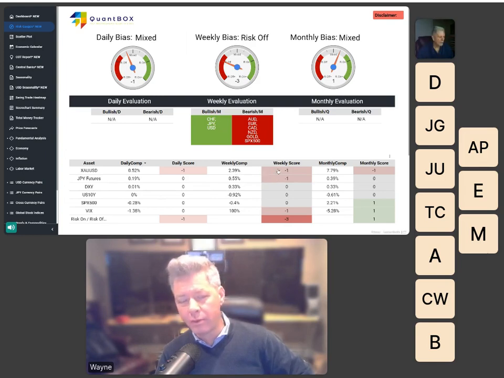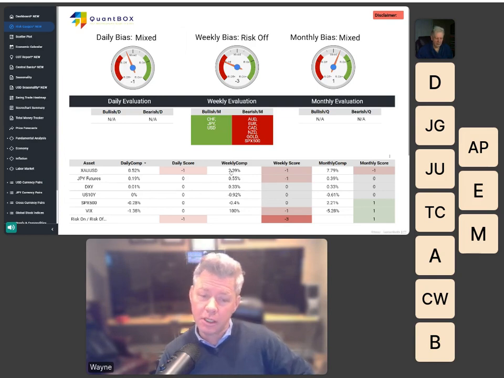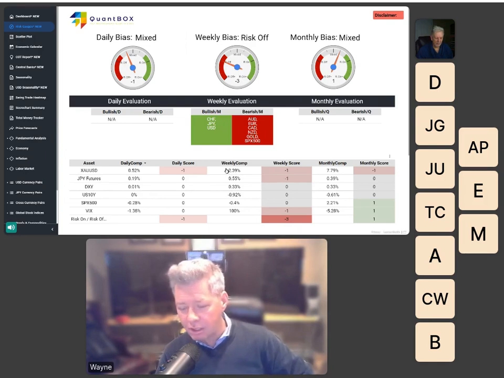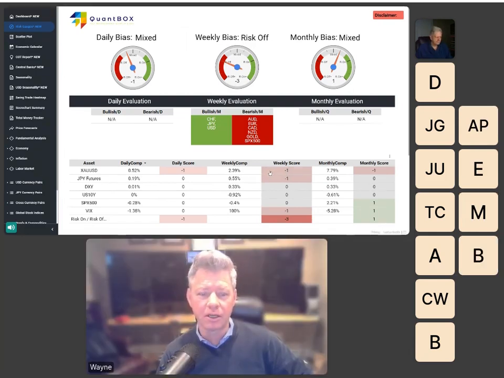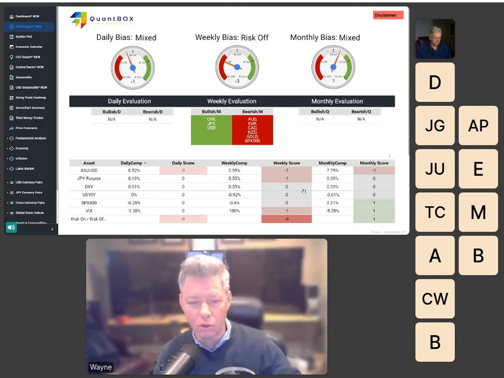Gold up. Remember, I score that as negative because I say you only want to buy it if inflation is going up, and that's generally a bad thing. Now, in times when you have high GDP, that might be an okay thing because the productivity is higher and that's why there's excessive demand. I could change this model at any time. I just have to ping a developer. But we don't live in that world right now. Remember, if you're worried about losing your job, you don't go out and buy a new gold watch.